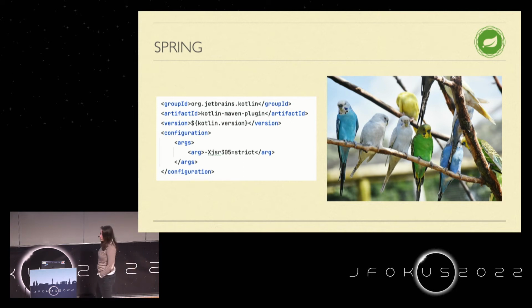If you're using Spring together with Kotlin, you need to make sure that you tweak it a bit. The first thing is that in your build plugin, this is a Maven example, but you will have to do the same with Gradle. In your build plugin, the Kotlin Maven plugin, you need to configure it to do the nil checks. Spring is a Java application framework. All the types related to Spring will be nullable. If you want your code to check if nullability or null safety is guaranteed, you need to set this configuration flag. If you generate your code with the Spring IO initializer, you won't notice it, but it's there. So be aware of it. It's important to know. Lots of people don't know actually it's there.